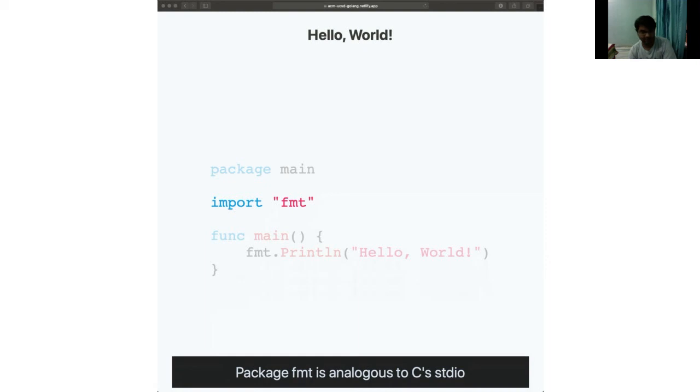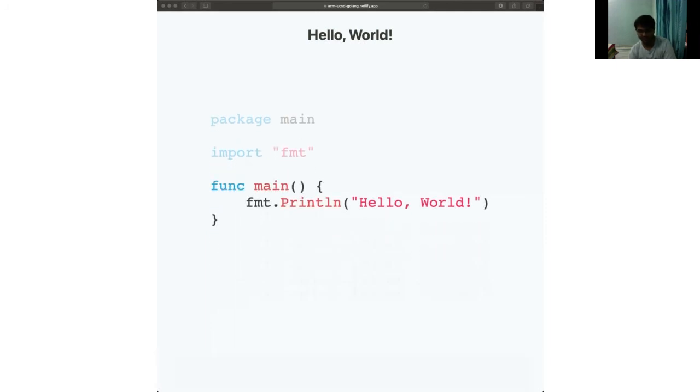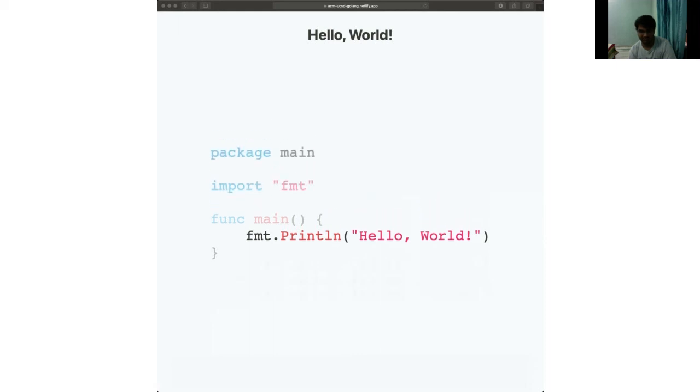It's general utility functions: printing, sprintf, things like that. In our main, func is the keyword for functions, and in main you just have a single line, fmt.Println and your string. There are no semicolons, as you may have noticed. And this is how you do hello world in Go.